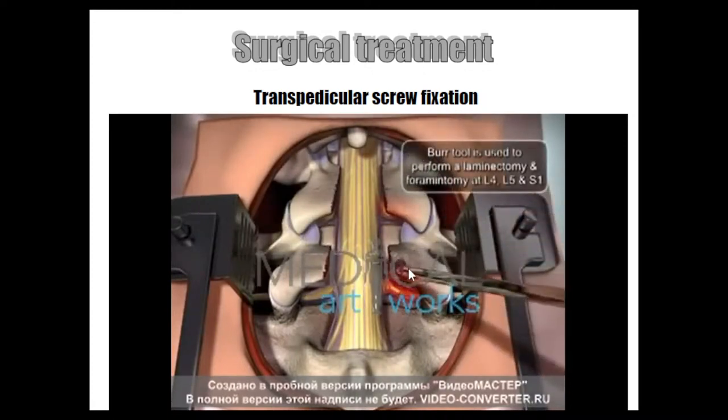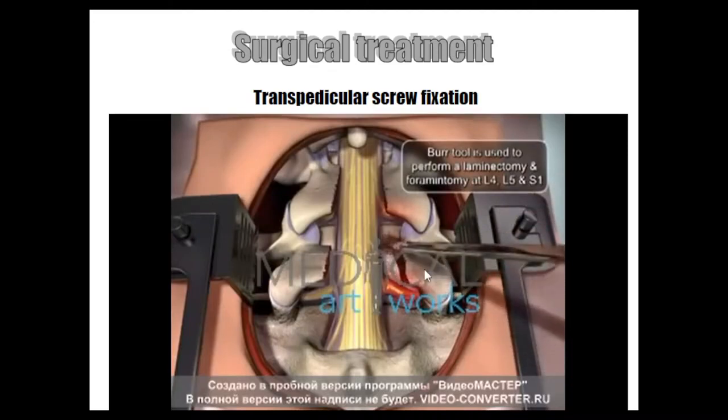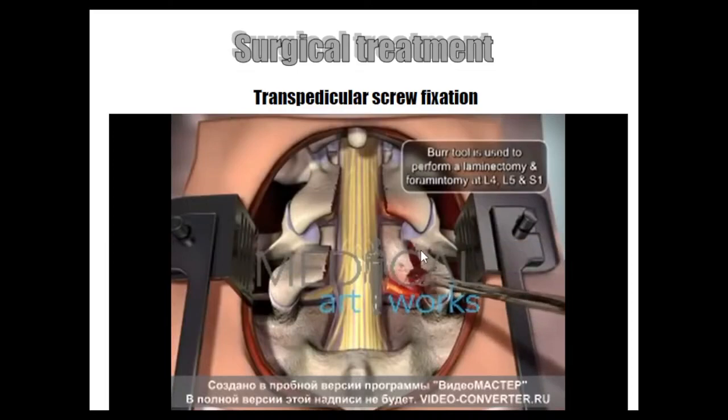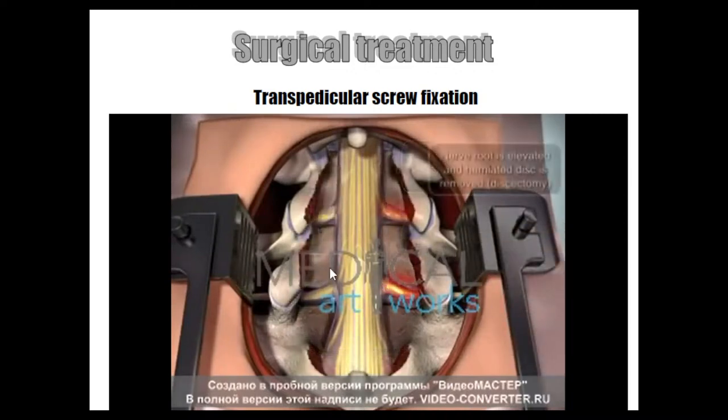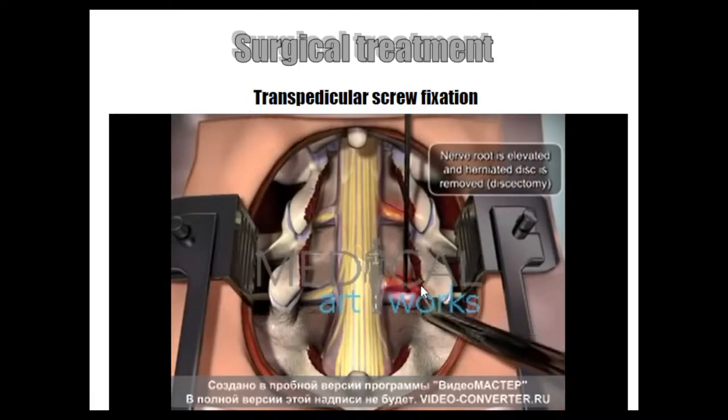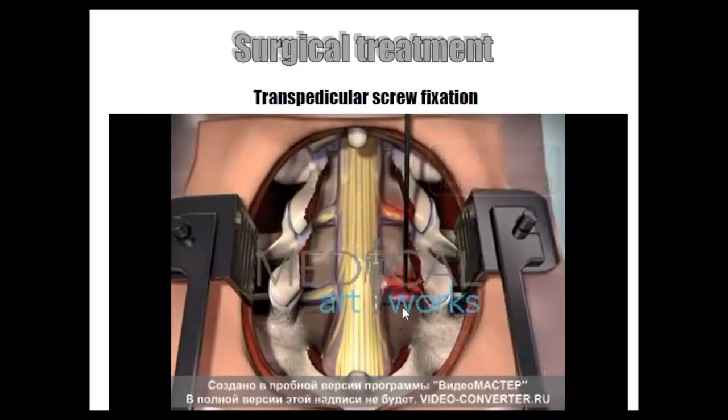Right after that, with a special reamer, the doctor will remove the lateral part of the lamina, lateral part of the arc, and now it is time to take out the hernia, probably. Right, so move the spinal nerve and take out the hernia,